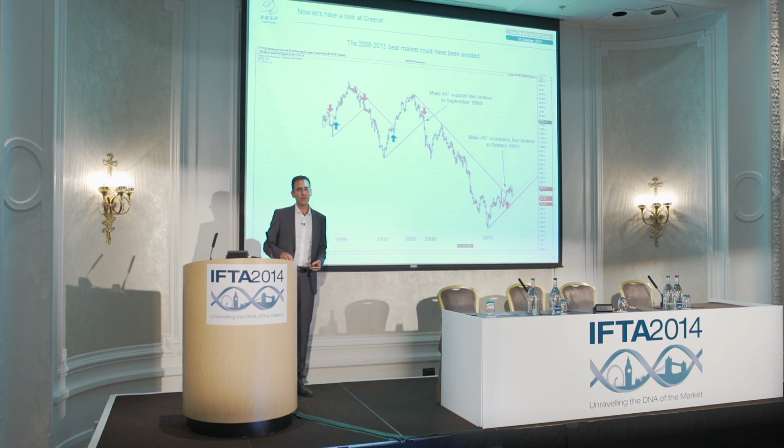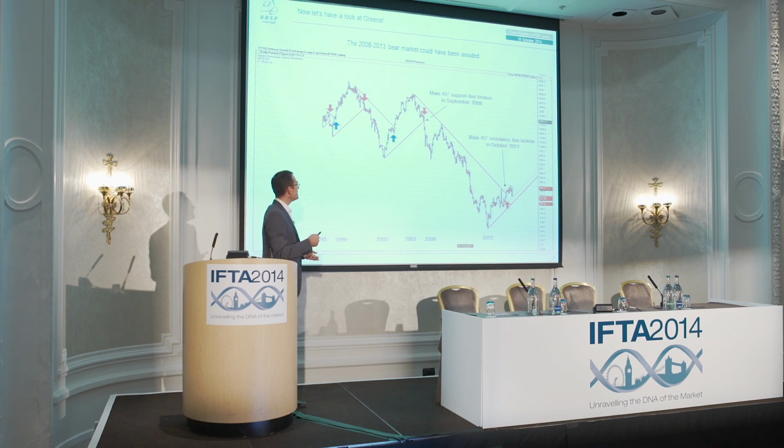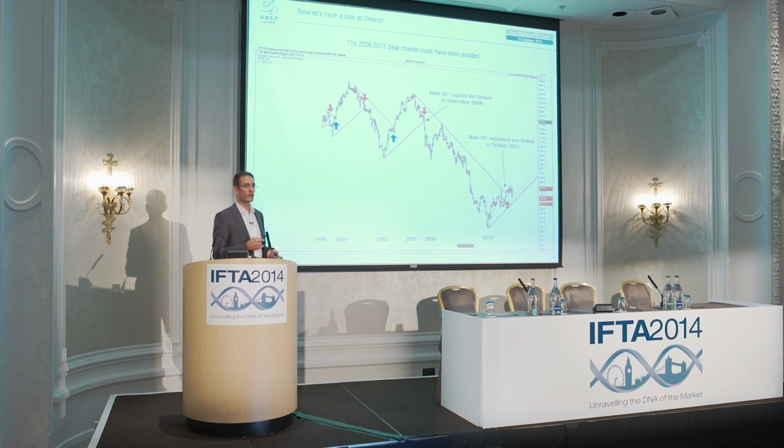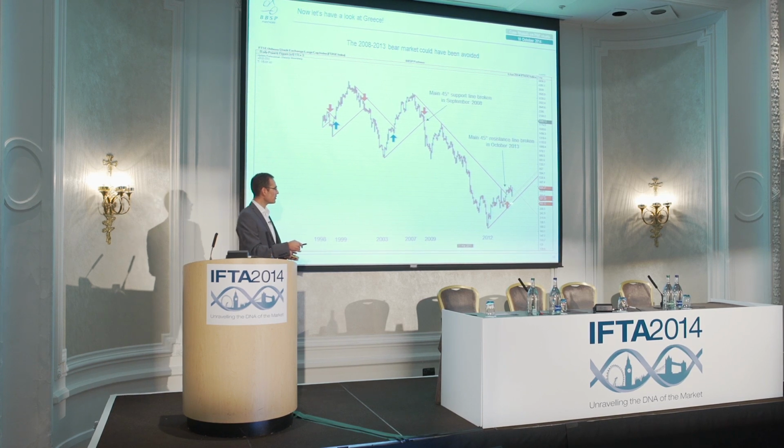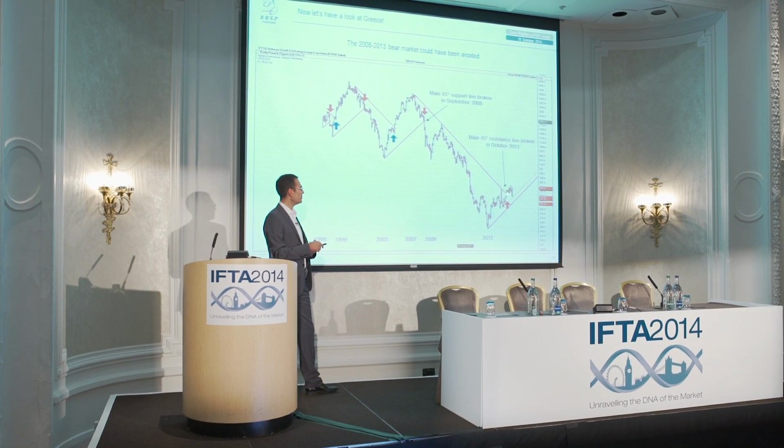So now the last example will be about Greek stocks. The question is, could we have been able to avoid the Greek bear market with this type of strategy? And the answer is yes. As you can see here, we had a breakdown below the ascending 45-degree support line in September 2008. So quite early in the downtrend. Quite interestingly here, we had a technical bounce right on this 45-degree resistance line, then the start of the real bear market. And more importantly, at the end of last year, a potential end to the downtrend.